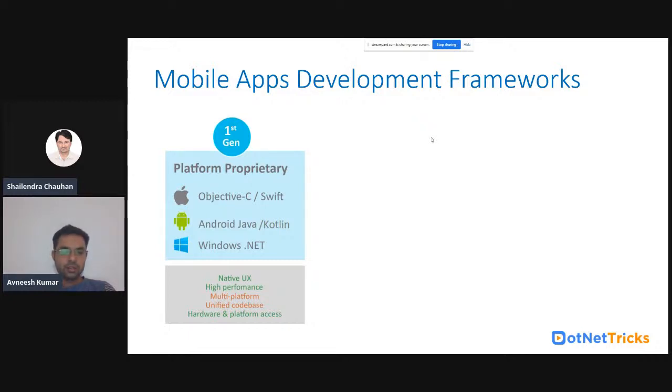Initially, if I talk about iOS applications, they were developed in Objective C. Now what happened is that Objective C was a little bit difficult to learn, and it was not much familiar to developers. So they moved to Swift. So nowadays Swift is everywhere when you are talking about native iOS application development.